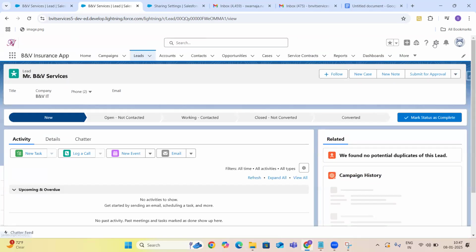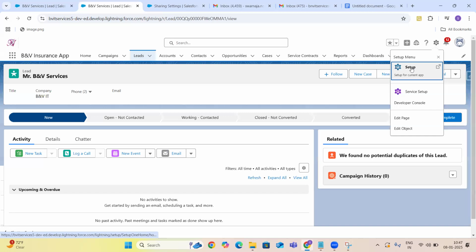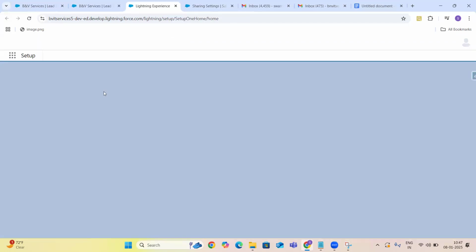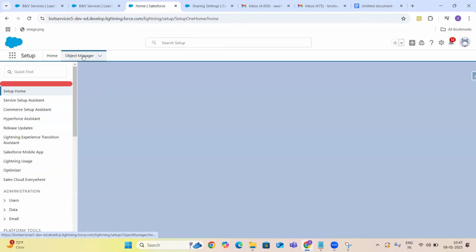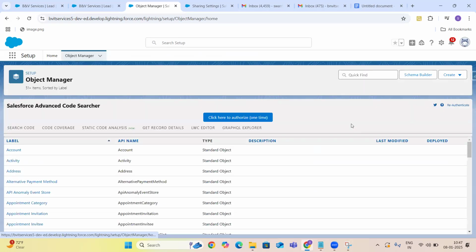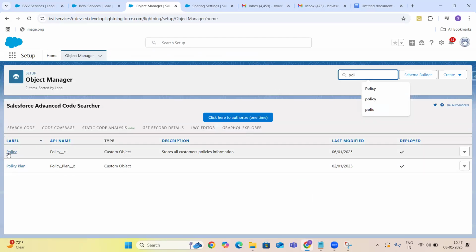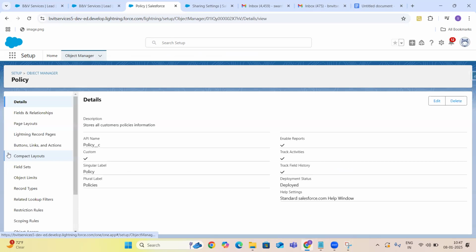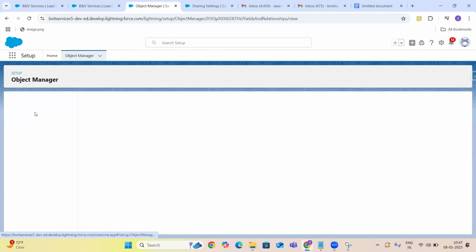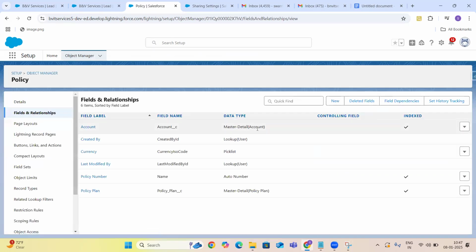Controlled by parent comes in the case of a master detail relationship. So whatever access level you selected for the master record will automatically be applied to the child records. So in the case of policies, we have one master detail to account and another master detail to policy plan.